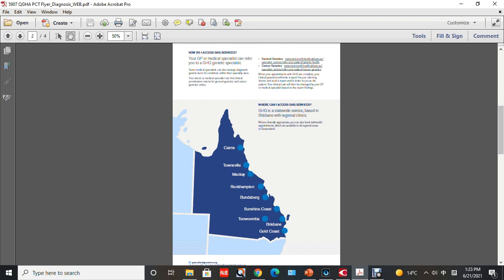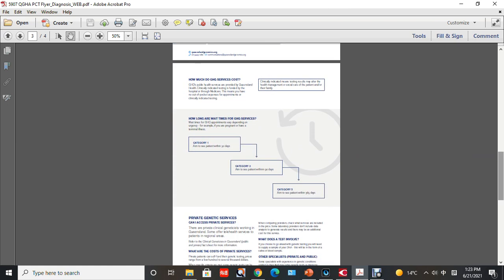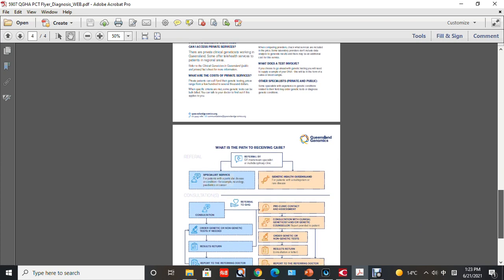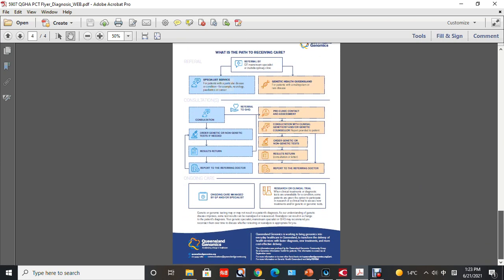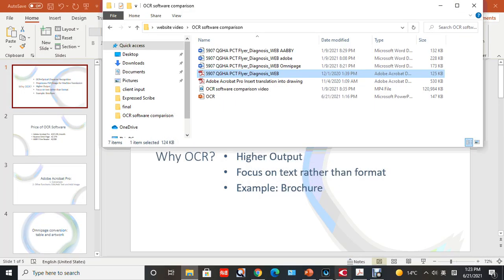And here's a map of Queensland, and you may have layers of graphics, and then here is a flow chart with a background graphic, and you can see that's another flow chart with smaller artwork and also the footers and so on, and a bit of a background. And as you can see, formatting and reproducing such a document is quite time consuming, and